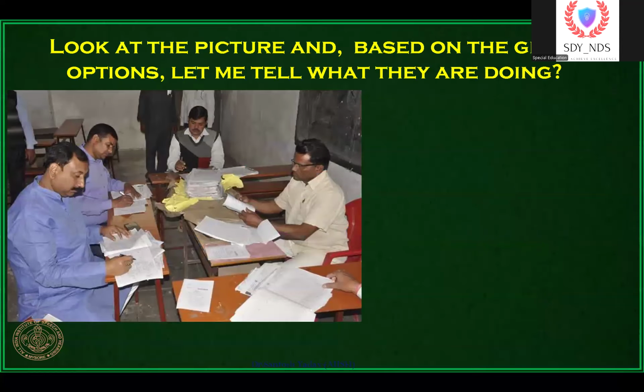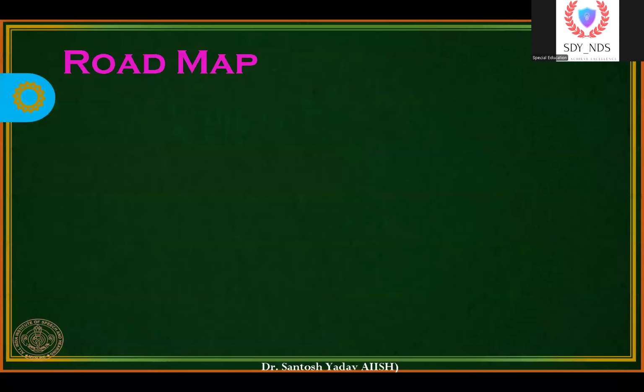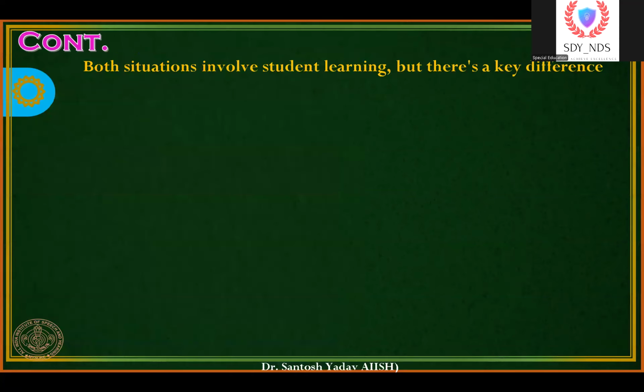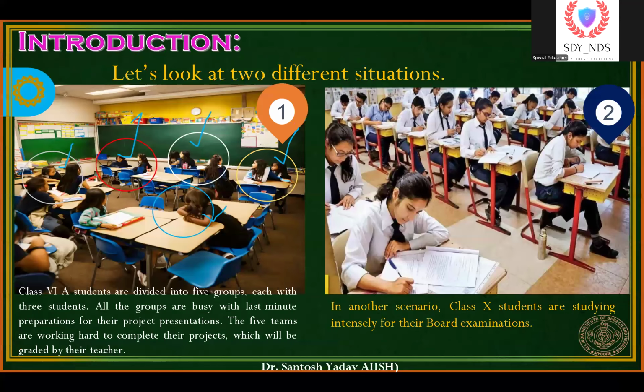So all these we have discussed. In this picture, already discussed, in the first picture the students are involved, they are doing some things, and the teacher is giving an assignment or work. They are doing the project in a group. And the last one is an example of the examination.